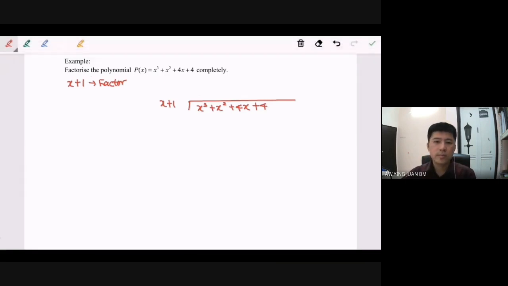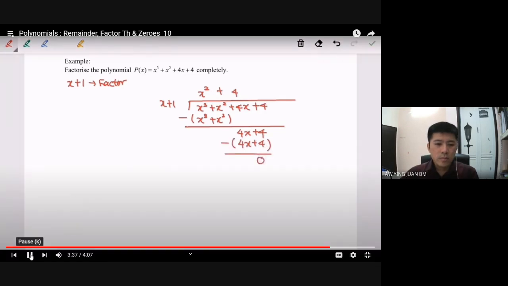So we are going to use the long division to find other factors. So now we begin. X square, we will have x cubed plus x square. And we will have 4x plus 4 as a product. So now we proceed. Plus 4. So that we can get 4x plus 4. So finally, our remainder is equal to 0. So meaning that P(x) is equal to x